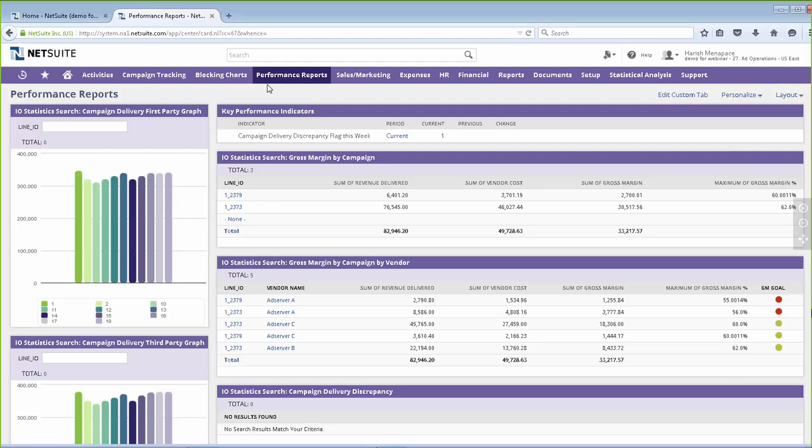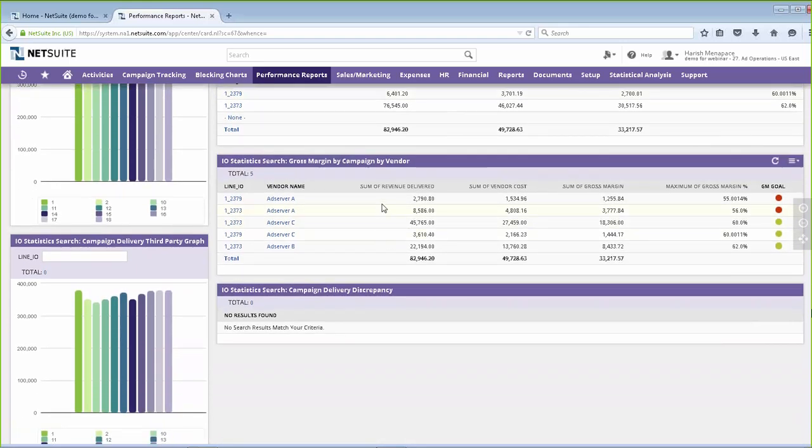So again, I brought in some third-party information, either if I need to compare my delivery information with what's happening in third parties, or maybe I've got content providers where I have a rev share, and I want to make sure I'm maximizing my profitability of how I'm delivering those campaigns with those content providers. So again, I've got a KPI that's flagging me that I've got a discrepancy between my delivery as well as another system.